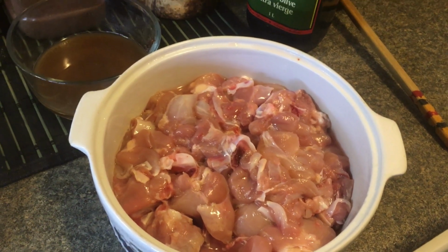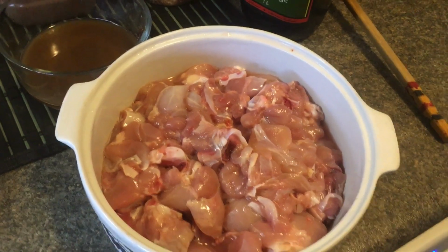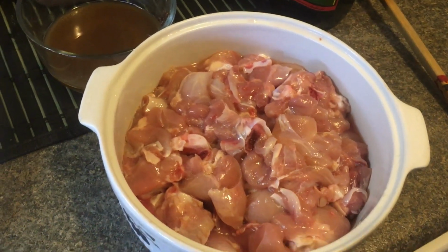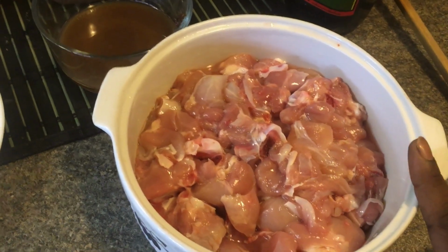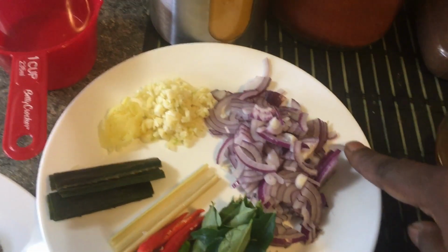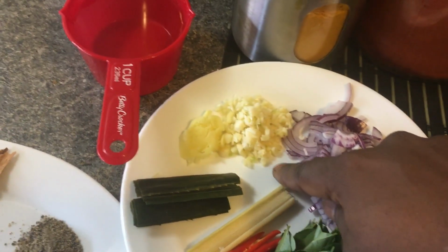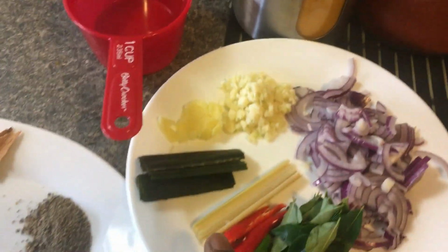Today I'll be making Sri Lankan spicy chicken curry, the Sinhalese version. For that you need about 600 grams of chicken, cut and washed. You would need half an onion sliced, 3 cloves of garlic chopped, 1 small piece of ginger, pandan leaf,